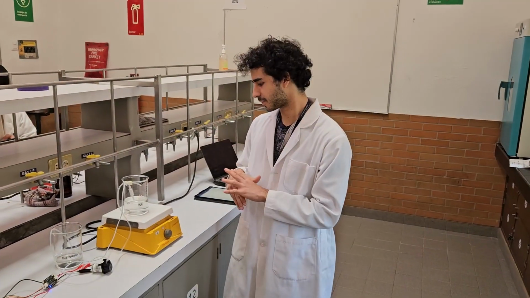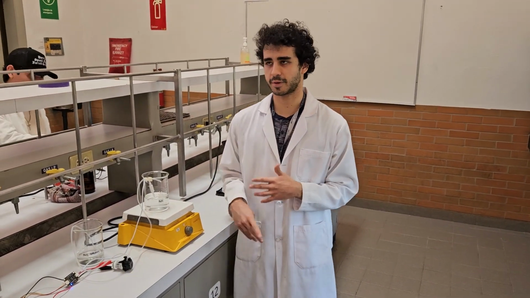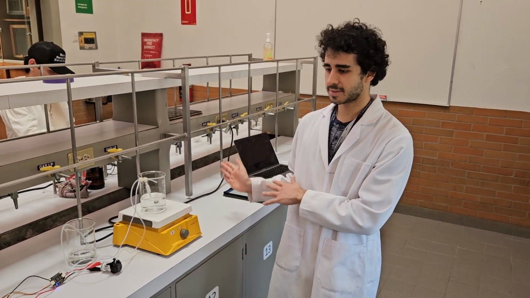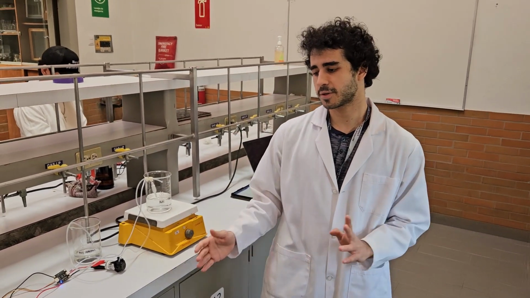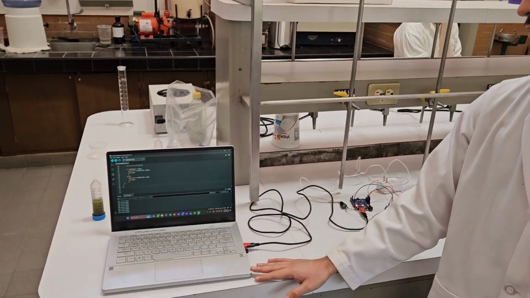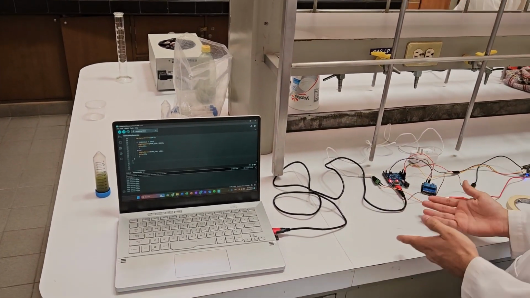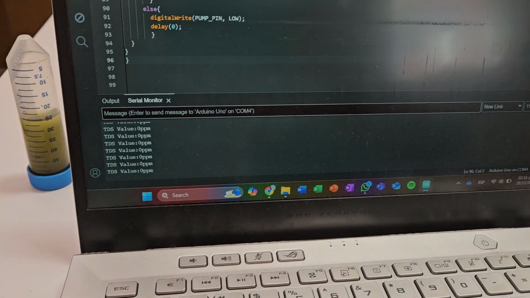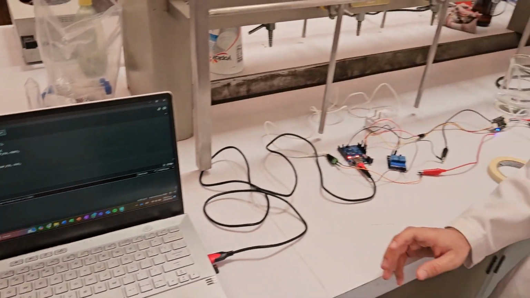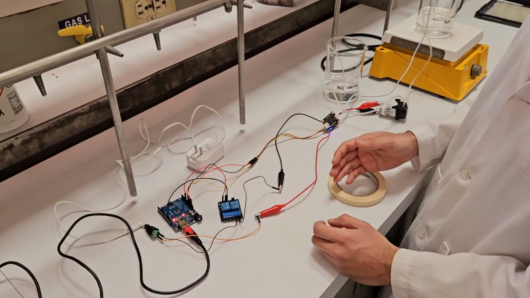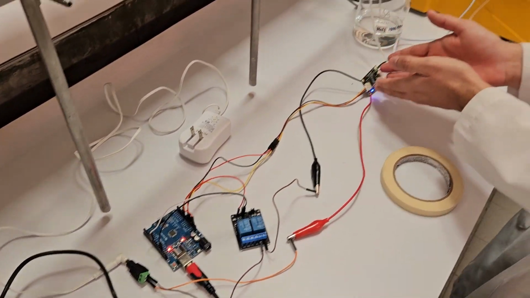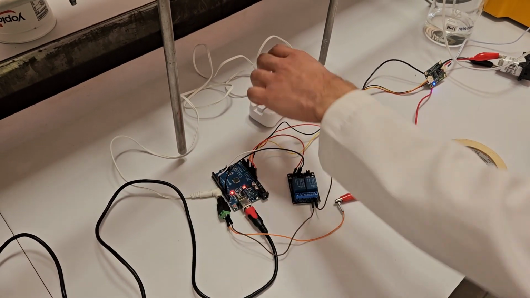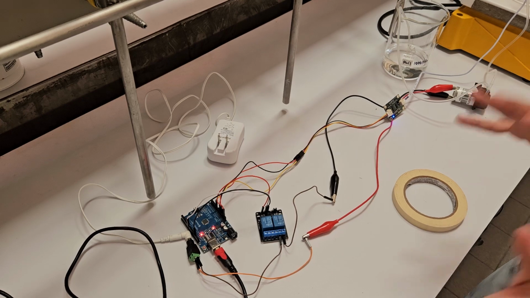Okay, our control system required for an aquaculture tank, a pool, or an aquarium consists of certain parts. First of all, we have our computer, which is used to generate the code and to upload it to our Arduino board. Here is the terminal where we can see the measurements. Then we have the Arduino board, which is connected to our relay and to the conductivity sensor. The relay is also connected to this adapter and a power source that will provide 12 volts direct